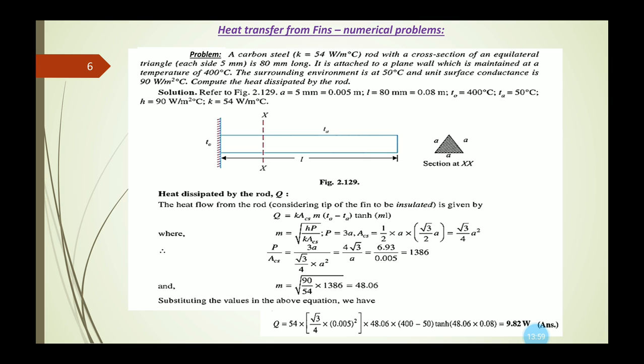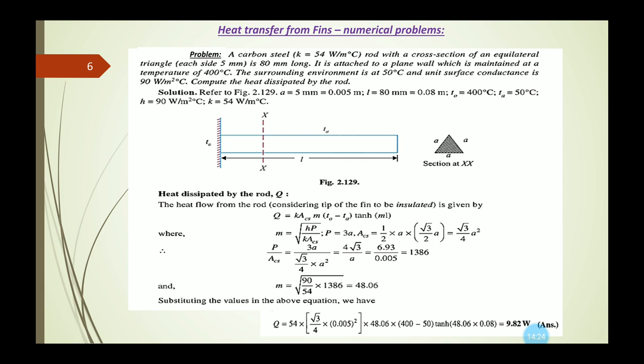This perimeter and area formula for an equilateral triangle is known to us. Now the ratio of perimeter and area for this equilateral triangle is equal to 4 root 3 by a. So putting the value of a, that is each side of this triangle, we are getting the ratio of the perimeter and area as